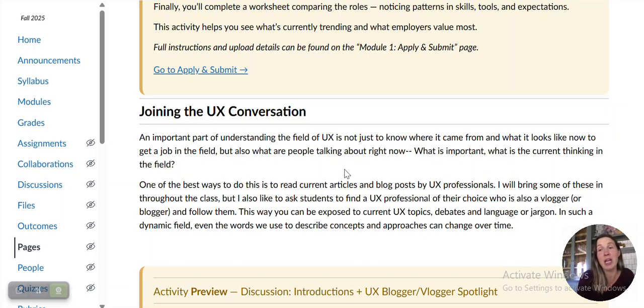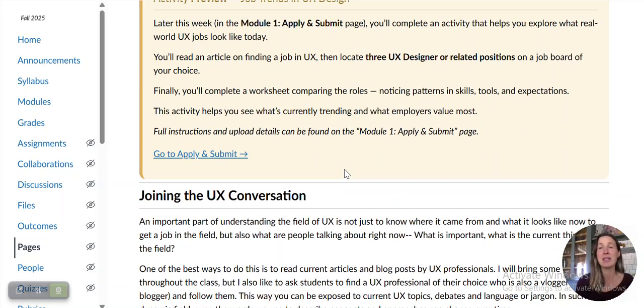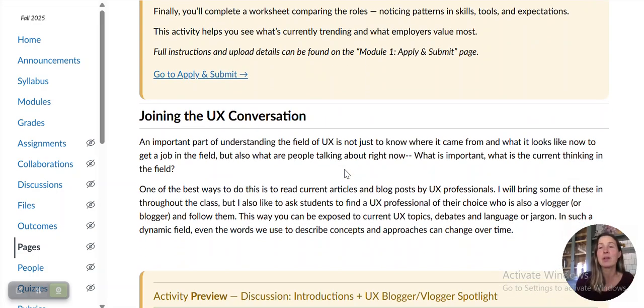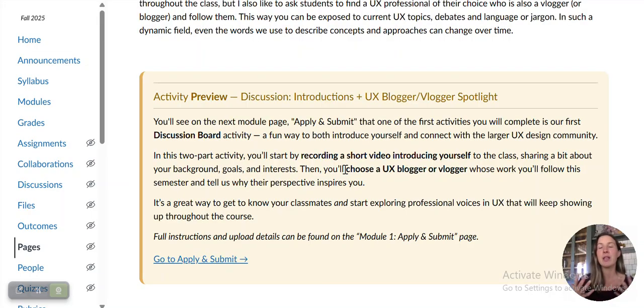And that's changed. 10 years ago, that wasn't the case. 5 years ago, it looked different than it does now. And so I give you a list of possibilities, but who knows? It's always changing. So to continue familiarizing yourself with this very dynamic field, the next activity is around